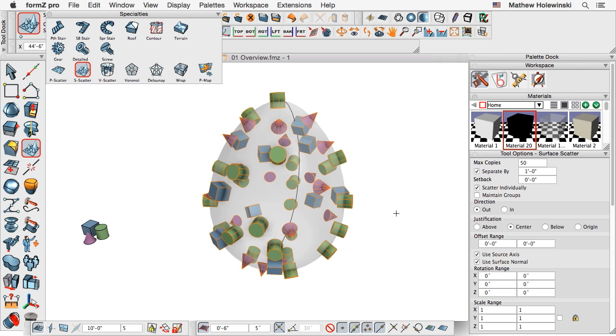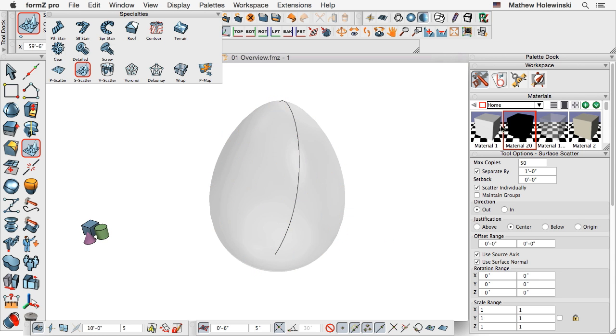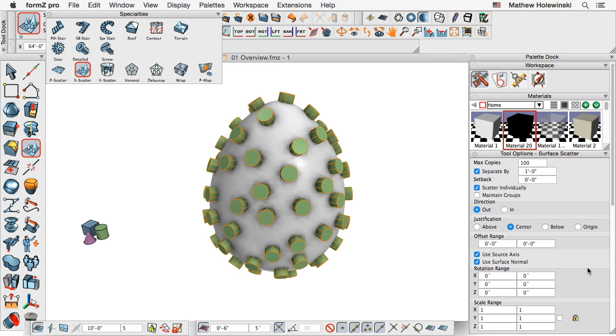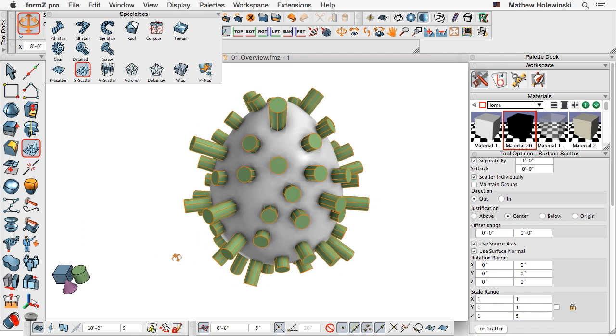Okay. All right. Let's try another variation here. What we'll do is take the cylinder, and we are going to scatter just the one cylinder on the object itself. Let's apply a few more and look down our list of options here. You can see we have some other things we can change here, like for example rotation and scale. This is sort of cool, so we can have random rotations and random scaling to our objects as they're being scattered onto the object. So I'm going to set, let's see, the scale from the Z anywhere from 1 to 5 times. So I put a factor of 5 in there,